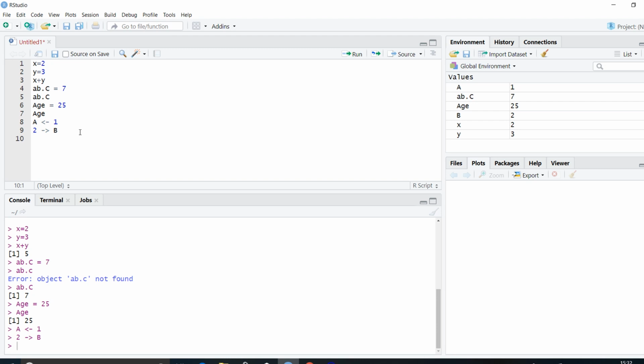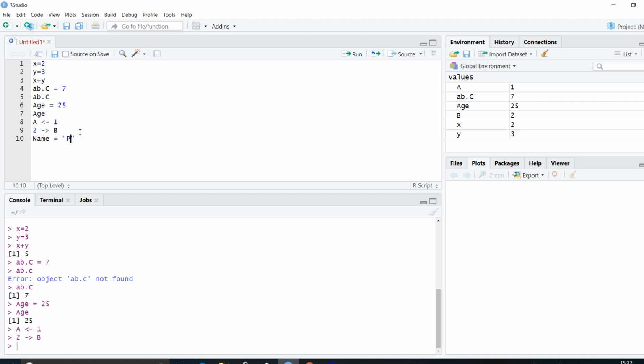As I told you, objects can be used to store letters, or words, or sentences. So I can say name is equal to, and whenever you are storing a sentence or a word or a letter or any non-numerical value, you have to put double quotation marks or single quotation marks.